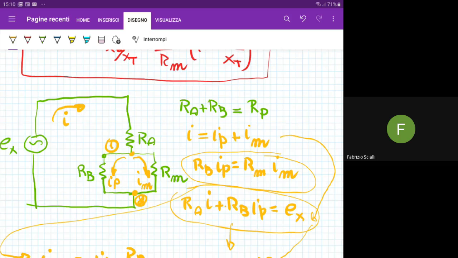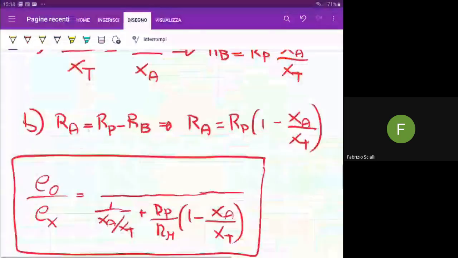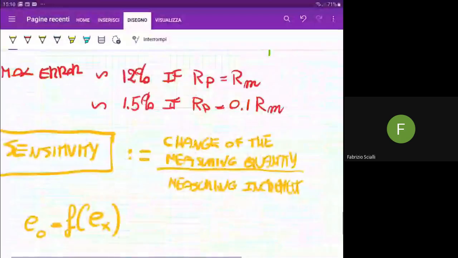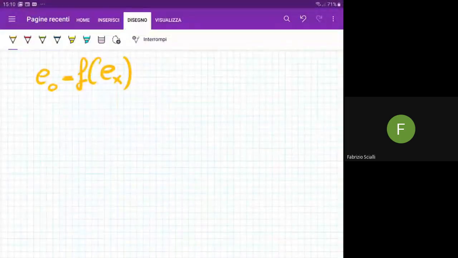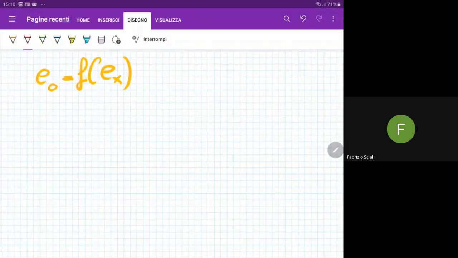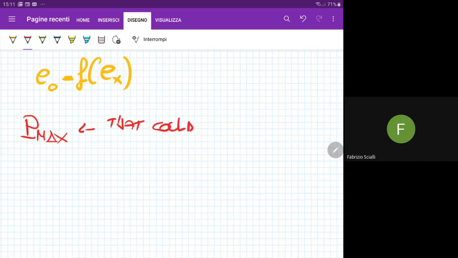Okay, so let's rewrite that, including also this effect. Okay, yeah. So this maximum power could be written as P max, okay, the maximum power that could be dissipated from the